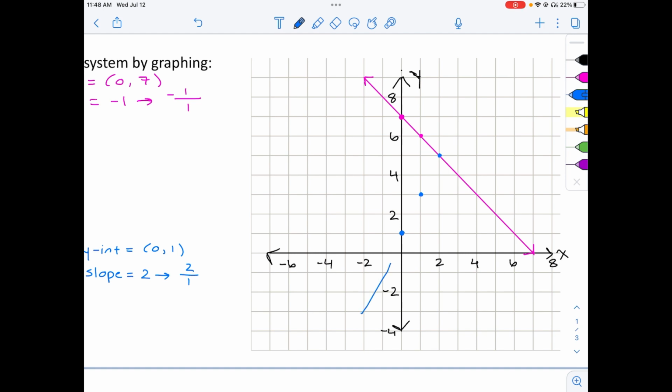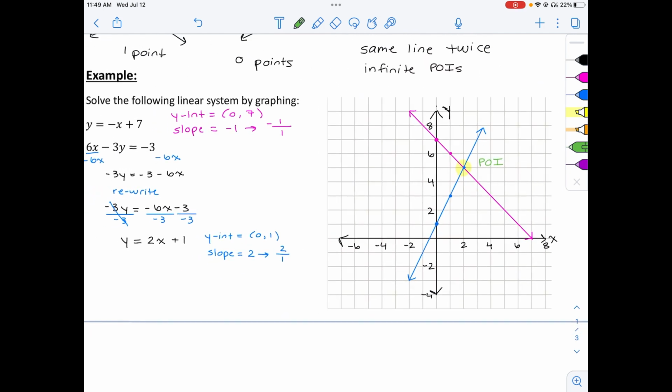So I'm going to start here. Just connect these with a nice straight line. Just extend them. Make sure you extend them far enough that you can see where they intersect. In this case, it's fine. But depending on what the lines are, if you don't extend the line far enough, it might not look like they intersect. So now we can see that right here, this is where those lines intersect. That is my point of intersection.